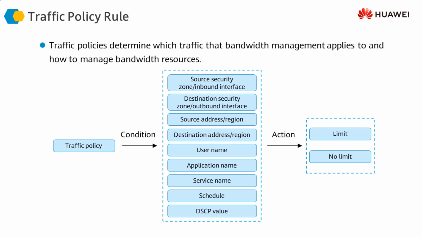The traffic policy also defines the action, whether we want this traffic to go through the bandwidth management, or if we define the action of no limit, this means that no bandwidth management is going to be applied on this traffic. By default, there is no bandwidth management being done on the traffic. We'll have to select the limit action in order to apply bandwidth management on traffic if we want to configure bandwidth management.